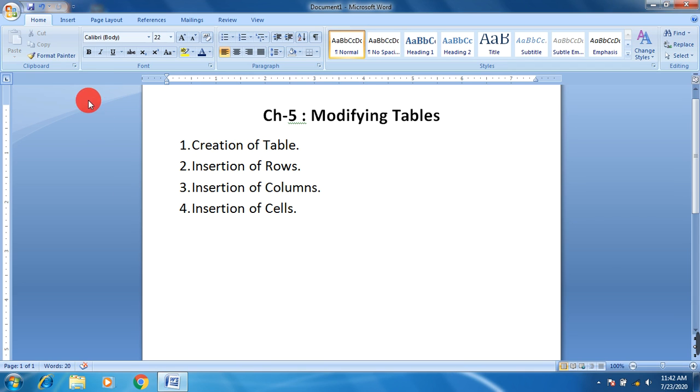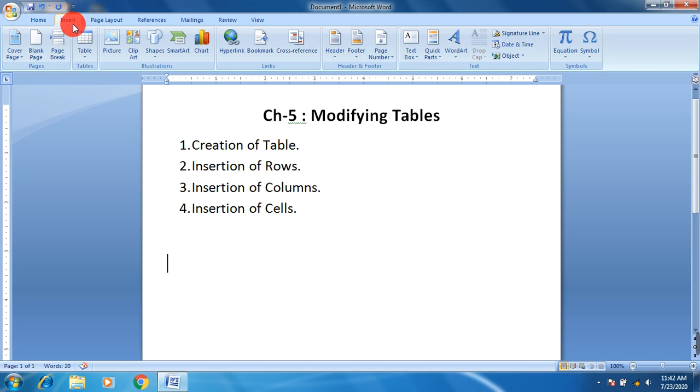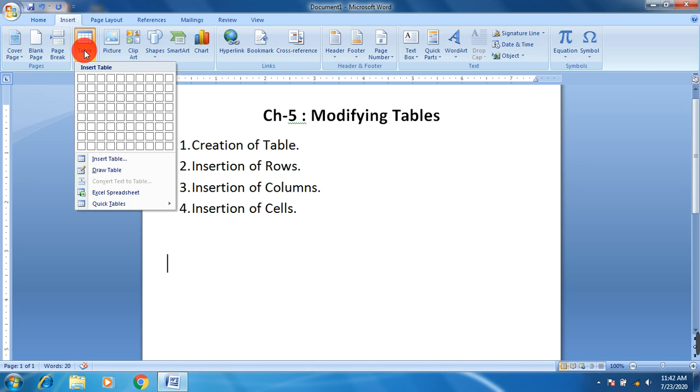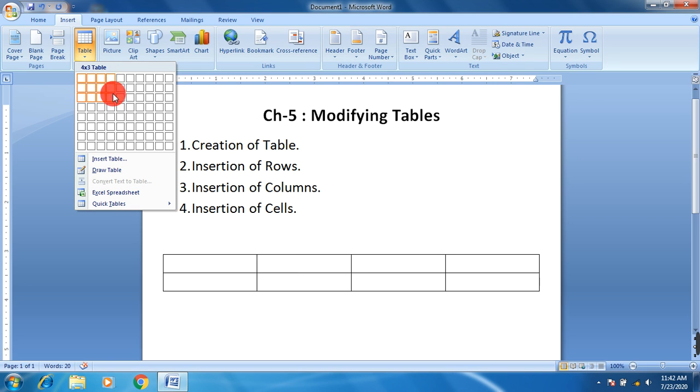For this, click on Insert tab, then Table option, and you can see here grid lines, table grid lines.